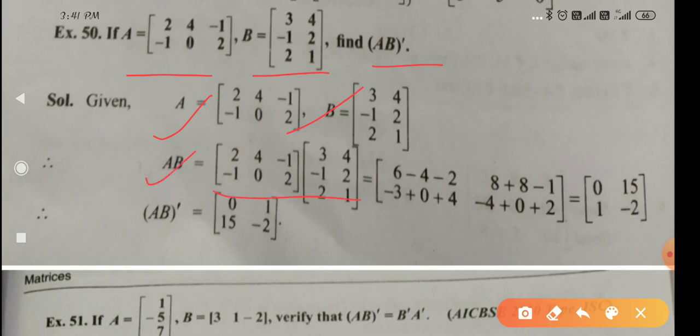And I told you in class 10th also and in class 12th also, in the class I told you this product will be possible if number of columns of first matrix equals number of rows of second matrix. In first matrix, in matrix A, columns 1, 2, 3 columns. In second matrix, how many rows? 1, 2, 3 rows. So it means that product is possible. How can you multiply? Row by column, like this you can multiply. Row has term 2, 4 minus 1, and column 3 minus 1, 2.